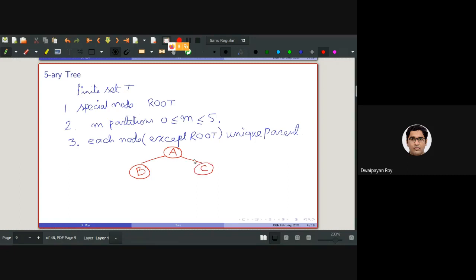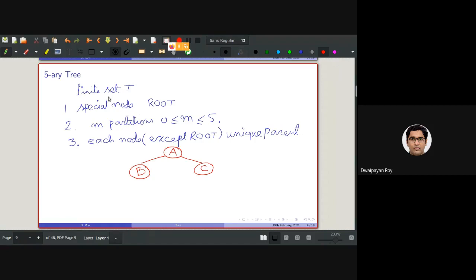Okay, is it a 5-ary tree? Anyone? Can be. Anyone else? Yes, it is. It can be a 5-ary tree because this is the root.